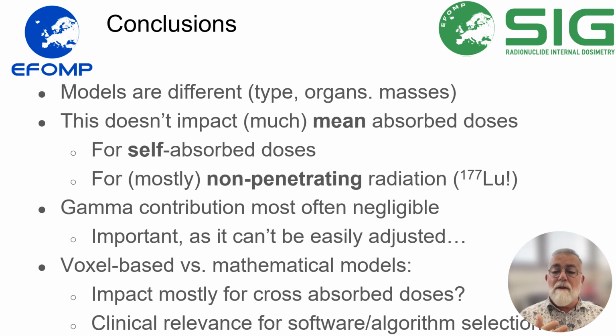So really the clinical relevance depends on what the objective is. When everything is said, it's the clinical situation that indicates which model you should select or which model you should use for clinical dosimetry or for selecting such or such algorithm. And with that, I thank you for your